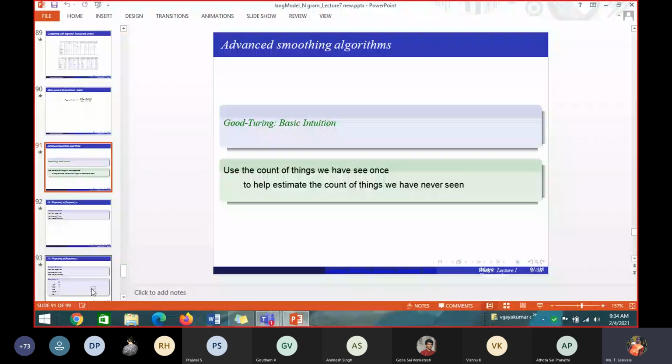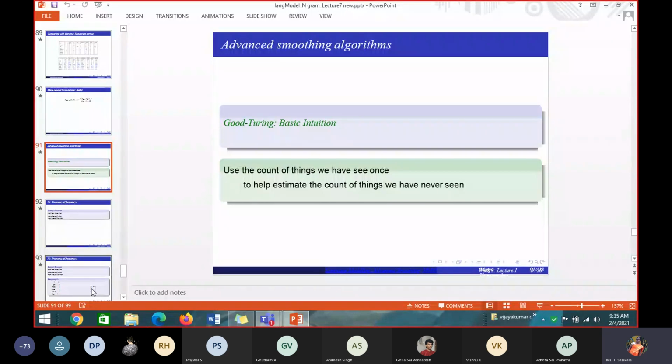Using the count of 1-gram, I can find the count of words existing 0 times. So the probability of 0-time words can be calculated from the next level, 1 time. From the two-times words, I can find the probability of 1-time words, and from the 3-times words, the probability of 2-time words. Write n1, n2, n3, n4 and put an arrow backwards. So n1 is used to find n0, n2 is used to find n1, n3 is used to find n2, and it goes on like that.